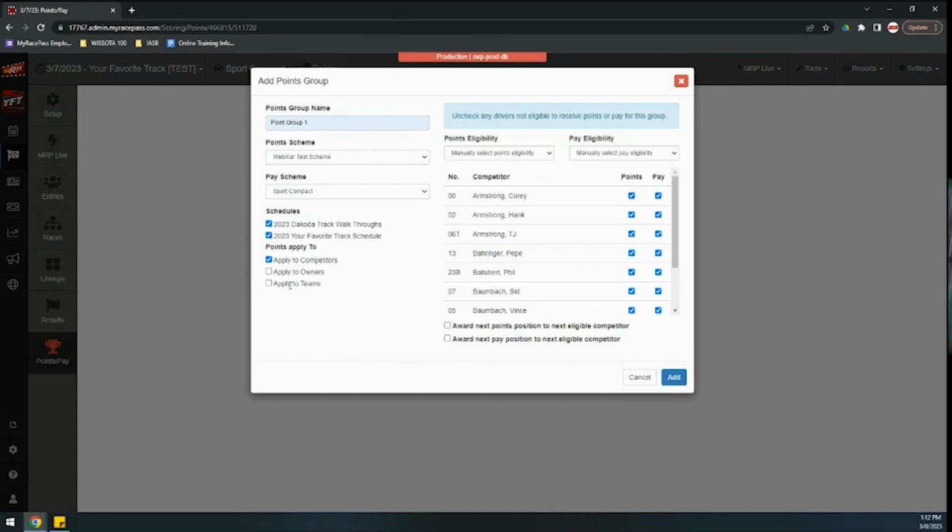That's up to you. You can do that if you'd like. And then there's a points eligibility option. When we were talking about race management, we talked about the option to have a license check. This is one area where that comes into play. So if I choose points eligibility,